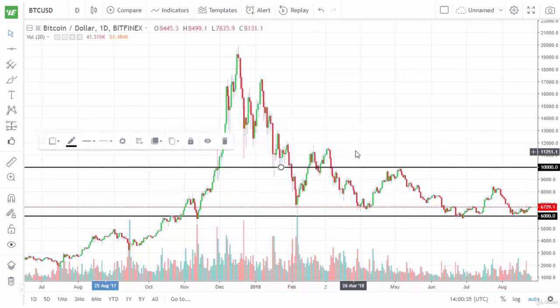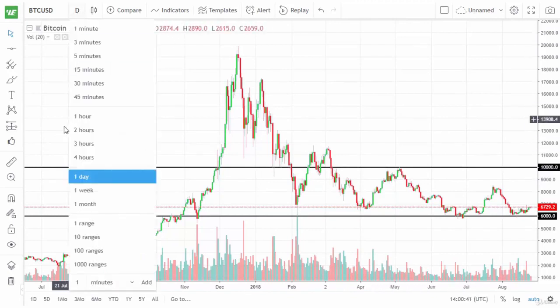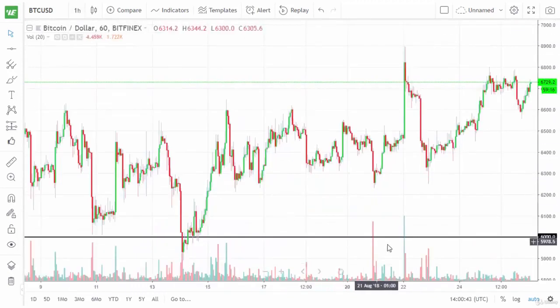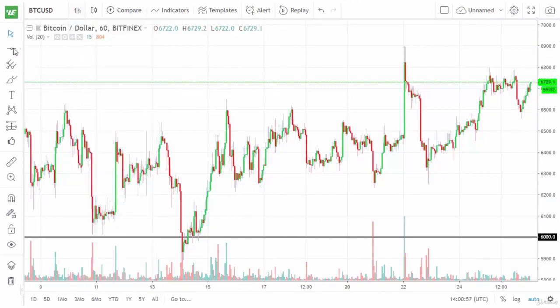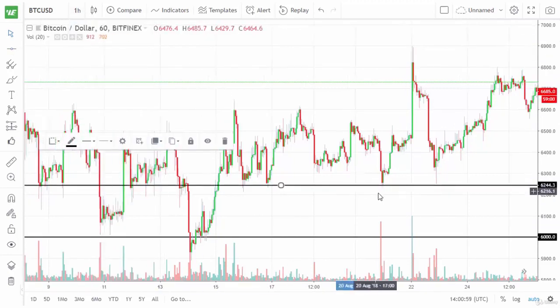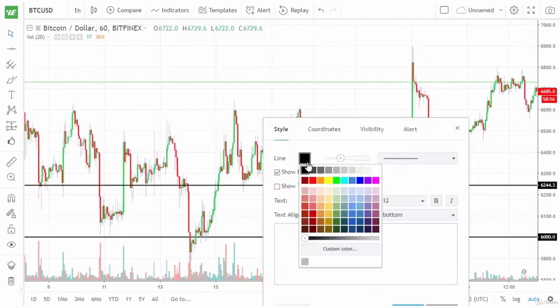But quite frankly, if you find these big levels and you trade from there, you can then drill down to a shorter time frame chart, and you can see that 6,000, the support on the hourly chart, was certainly a nice buy. That didn't change just because you changed time frames. However, when you draw, and I'll go ahead and change the color of this support line there,